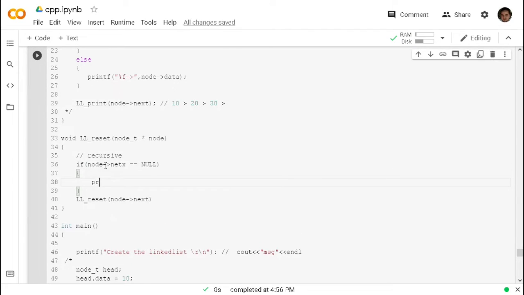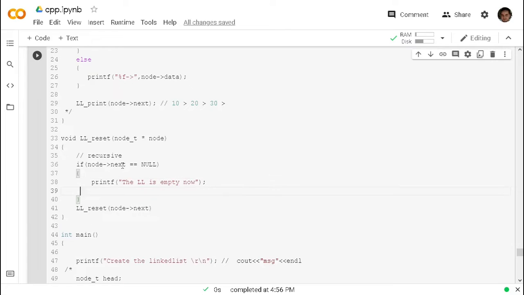Let's print some message. Printf, the linked list is empty now, and make a return. Okay. Else,